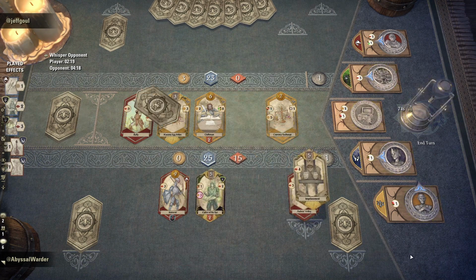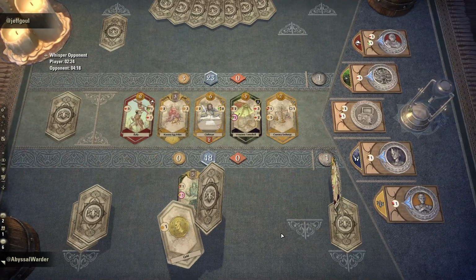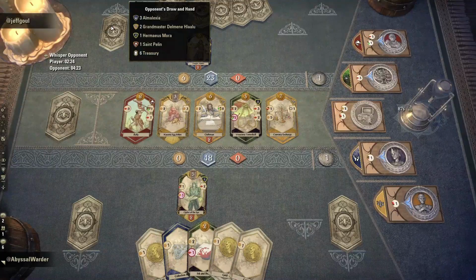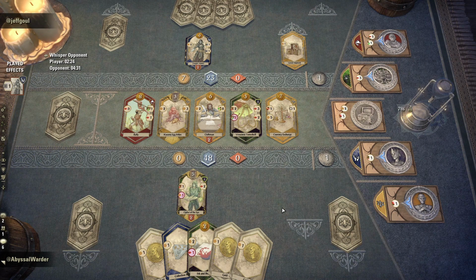Hlaalu plus Imprisonment is, without a doubt, more than enough power to cut him down. Banneret, I could have kept that, but it's also plus 8 prestige, so I think that's reasonable. And I highly doubt my opponent can come back from this. So this is a fairly standard Mora game, I would say. My opponent went very heavy on the economy, but